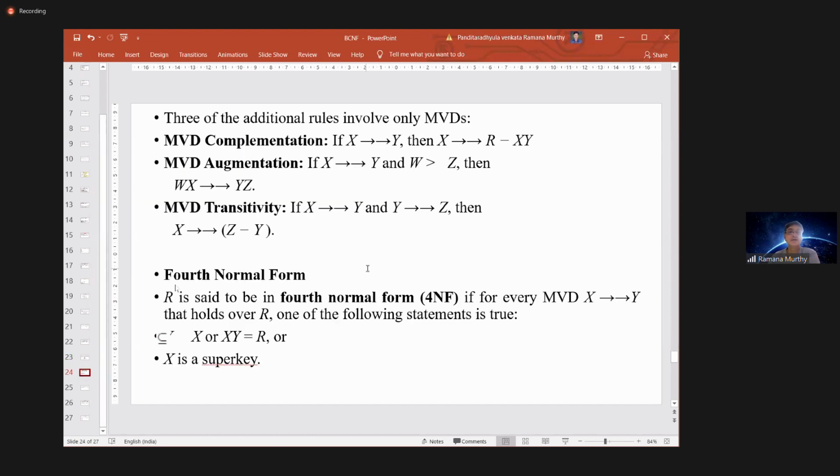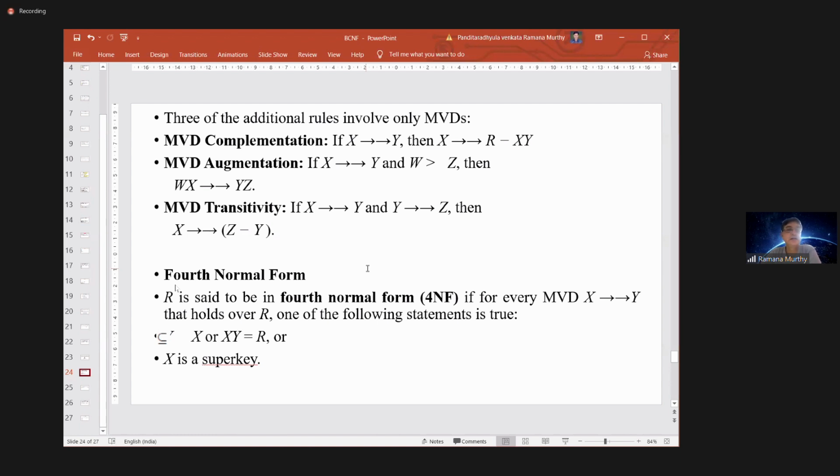Okay, right. So three of the additional rules can be like F closure for the functional dependencies. You can also identify complementation rules, augmentation rule, transitivity rule, okay, in the multi-value dependency. So the complementary rule, like for the Z attribute, whatever I explained now, that is called the complementation rule. If X multi-value derives Y are in the rule, okay, X multi-value derives R minus XY. Okay, you can create one more rule for the Z.